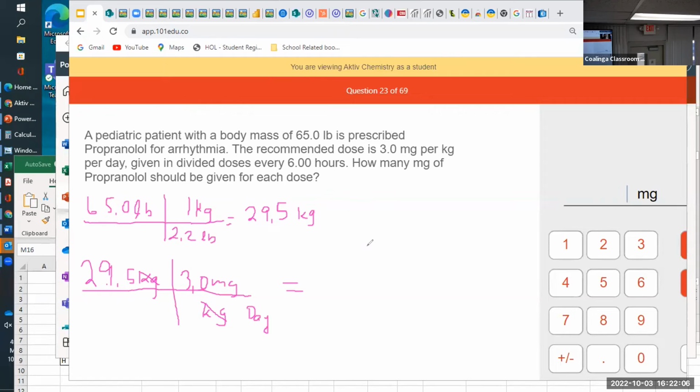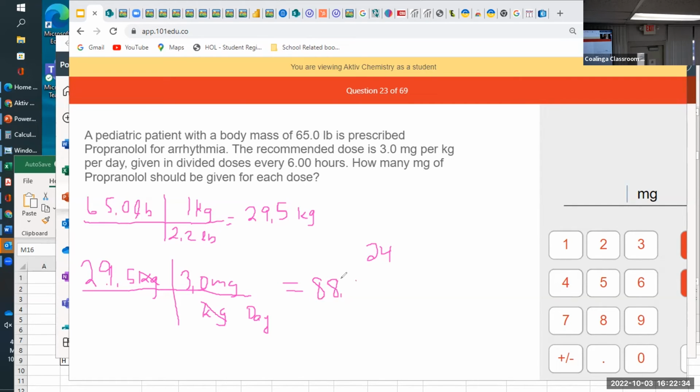Okay, so we go 4 hours. Or, yeah. Okay, so 4 dosages a day. So then we take this number, whatever this number is, and divide it. Oh, 88.5. Yeah, so this is 88.5